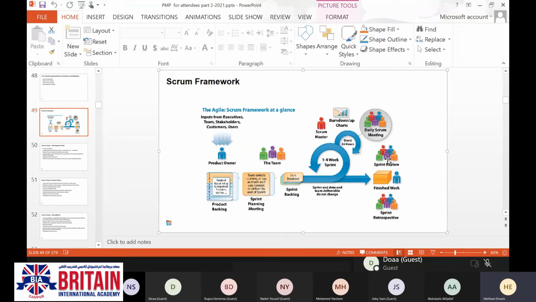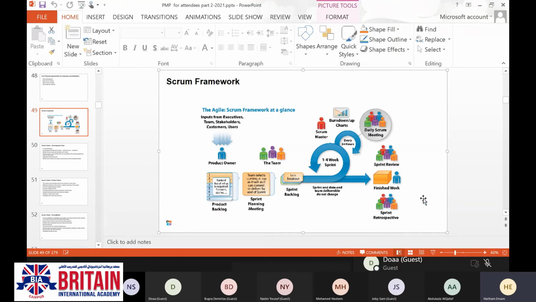And maybe we are going to have certain changes here. After finishing the work and ensuring that it has been accepted, now we have finished this iteration.